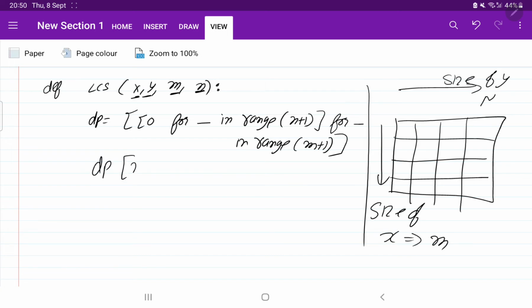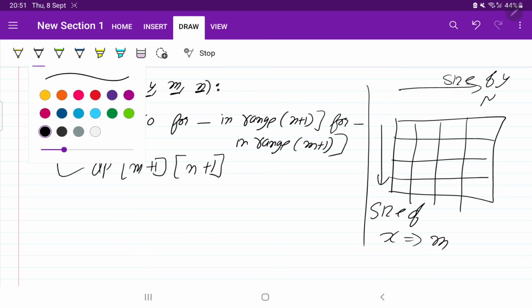The size of DP is going to be n plus 1 comma m plus 1. Sorry, here first we write rows, then we write columns. Perfect. So we have done the declaration in Python like this.